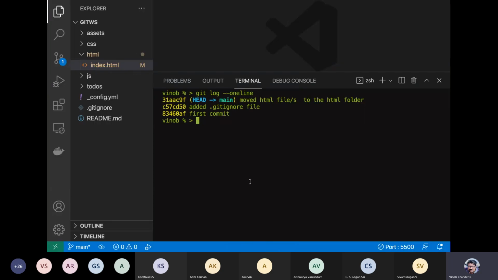Okay, let us stage it and commit it. So git add, and then git commit.